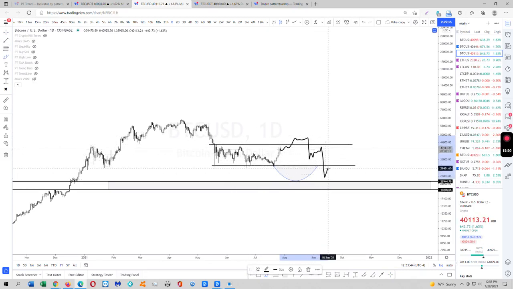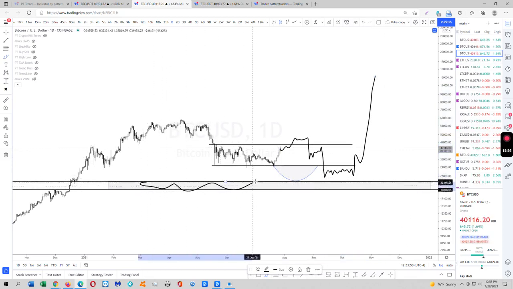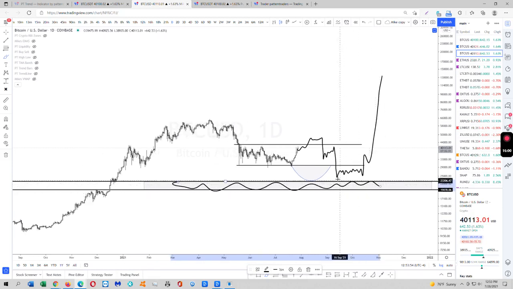Slow grind all the way down, kill everybody's patience, and then go up. This gap over here, I don't know, man. Maybe a scam wick if we go back down there. I don't know, but I can't talk about anything in this gray box until I see what happens when we deviate the 40K range. Because we need to get on that 40K range deviation, you know what I mean?